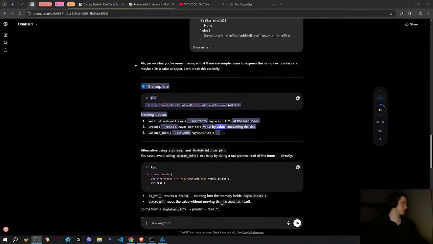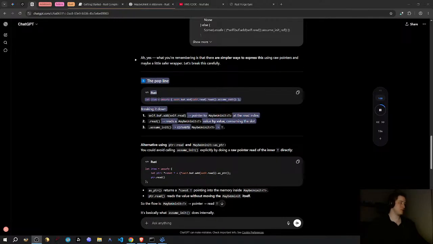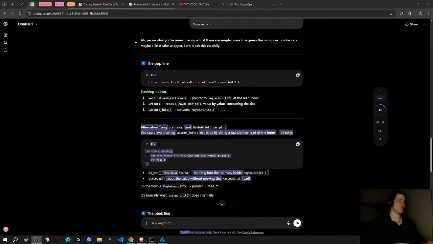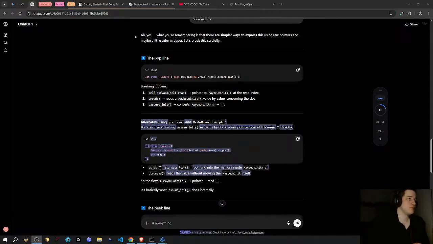Arrow reads a MaybeUninit<T> value by value, consuming the slot. assume_init converts MaybeUninit<T> to T. Alternative using ptr::read and MaybeUninit::as_ptr. You could avoid calling assume_init explicitly by doing a raw pointer read of the inner T directly. Rust: let it = unsafe {